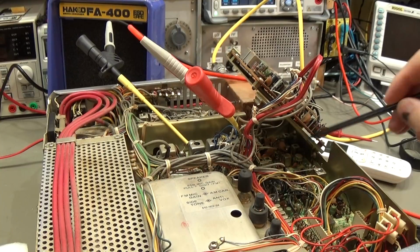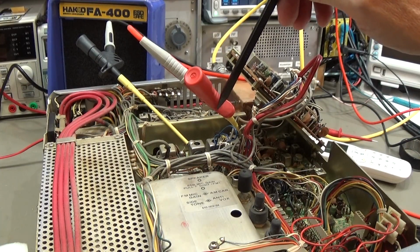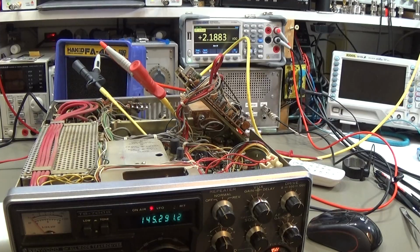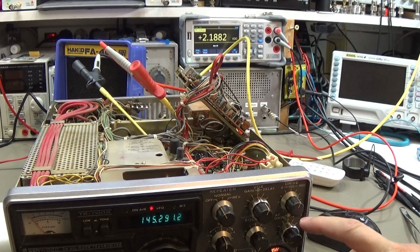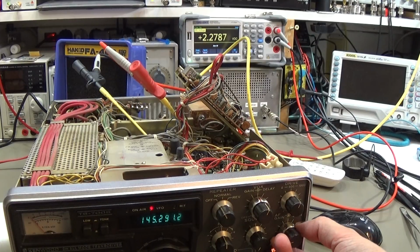And down there we have our RX noise blanker unit, and I have now connected here my meter to our AGC test point. What we can see, so I hope we can now see everything, is that there is still no needle indication, and at our AGC test point we can read 2.8 volt. We have seen by changing our RF gain control that the needle comes up, and once again